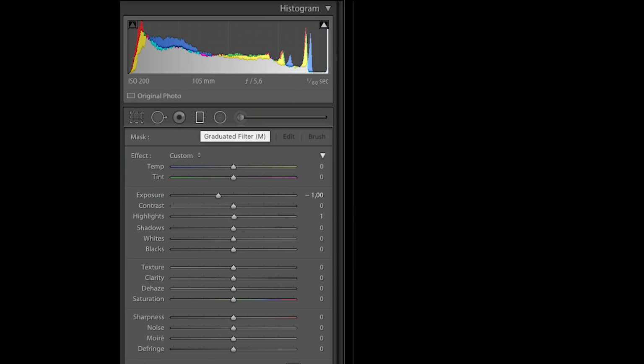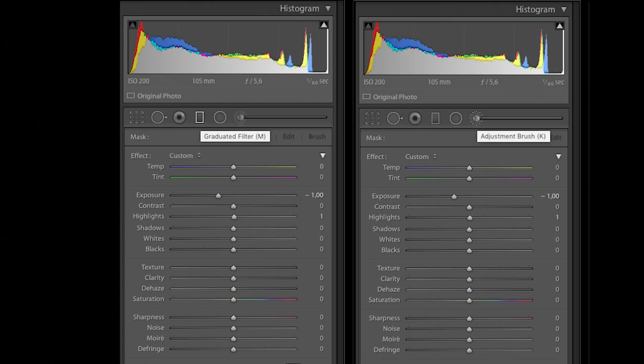I usually like to make the image as bright as possible and then lower the exposure, and lower the exposure of the background a bit more than the subject. And this can be done with either a graduated filter tool or the adjustment brush tool. That's up to you which one you want to use. Or, actually, the radial filter tool can also be used for this one. It depends on how you want to use it. And you need to practice using these tools so that you know how they work and which is the best way for you. Remember that it's always about you, how you want to make it. This is only an example of how I like to do my images.